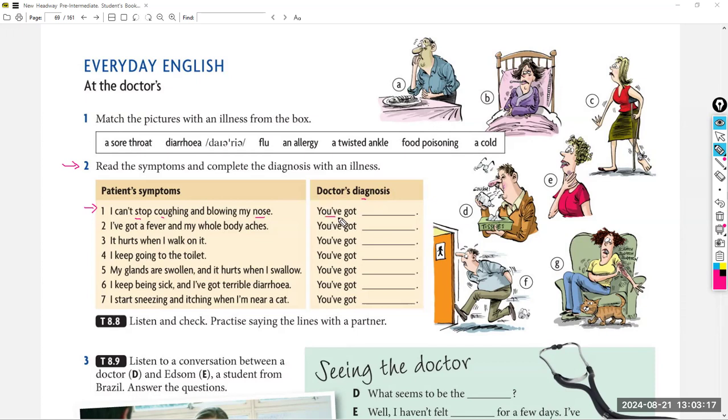Now, symptom number 1, I can't stop coughing and blowing my nose. So you've got what? Please write the correct illness. Okay. Symptom number 2 is I've got a fever and my whole body aches. So the doctor's diagnosis is you've got, please select the correct illness. Okay. Now 3, it hurts when I walk on it. Now you've got,